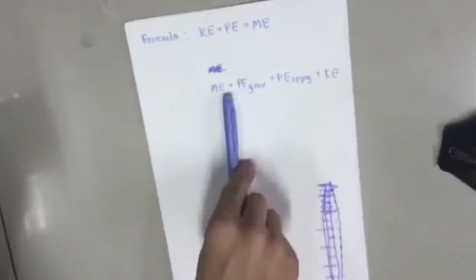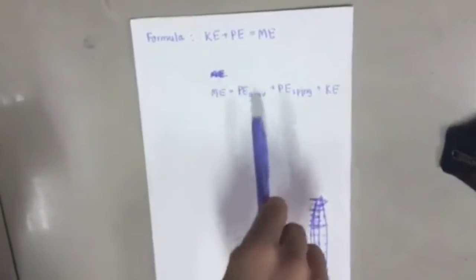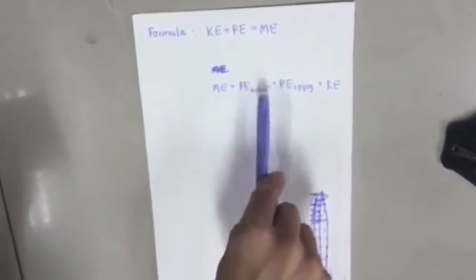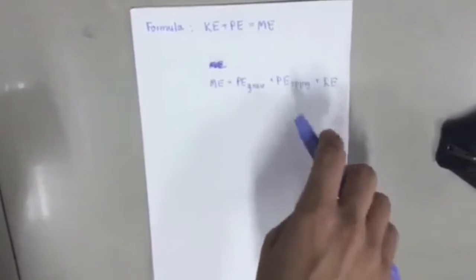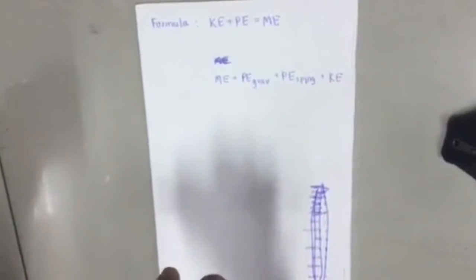This is mechanical energy. E is equal to the gravitational potential energy and spring potential energy plus kinetic energy. The total mechanical energy of this example is the sum of the potential energy and kinetic energies. The two forms of energy sum up to 50,000 joules. Notice also that the total mechanical energy of